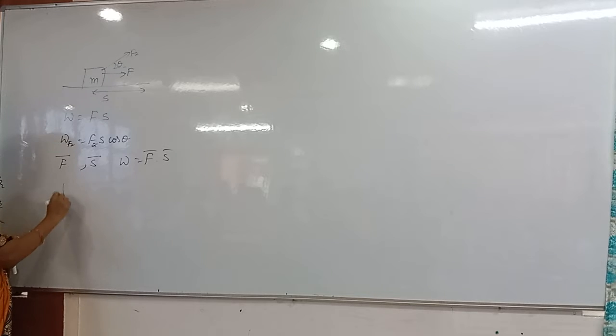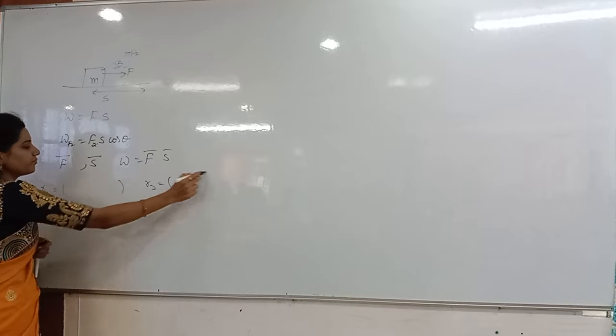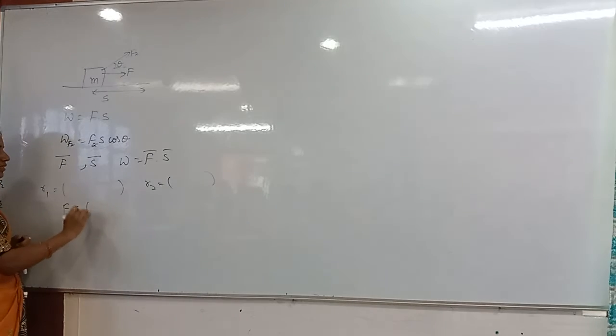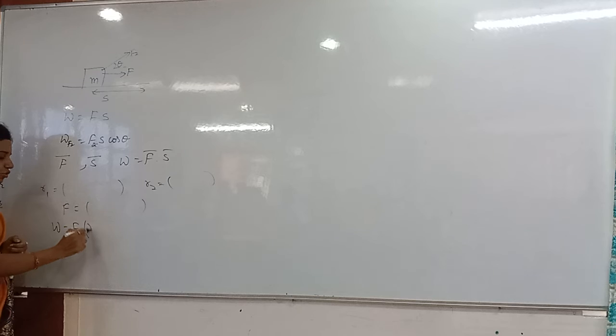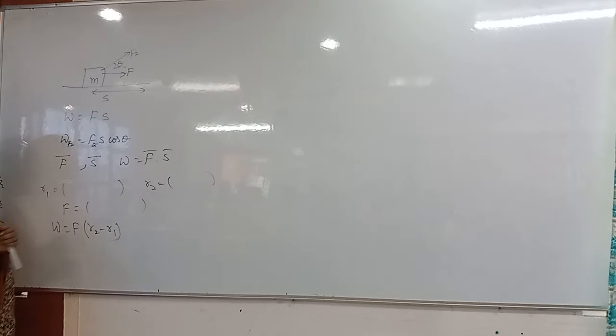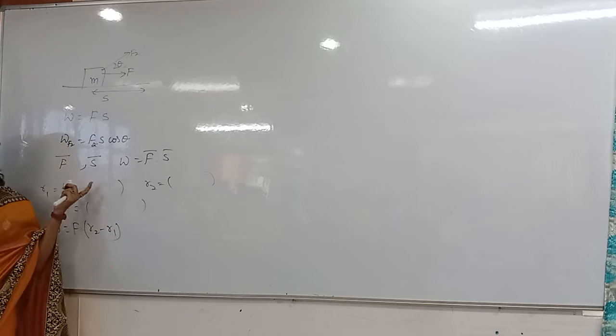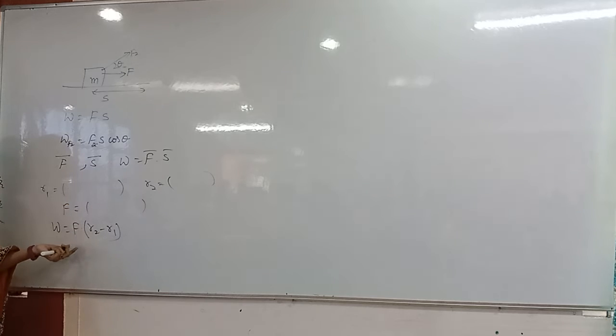After that we have seen some coordinates. Let me take r1 coordinate and then r2 coordinate. Along with that force is given in vector form only. Then what you have to do? Work done is equal to F into, how to get the position vector? R2 minus R1. You have to take first of all in the vector form, and then you have to just multiply in the dot product for them. Then this is about the work done for the vectors.